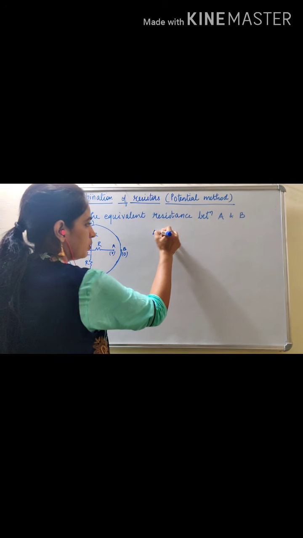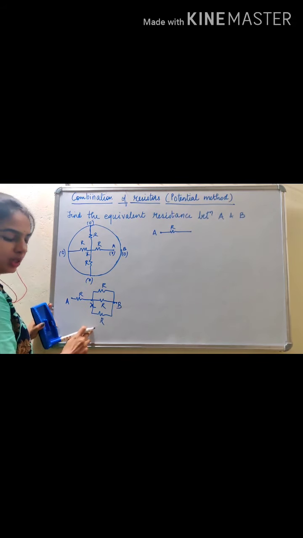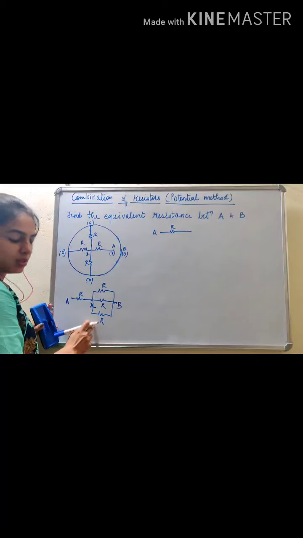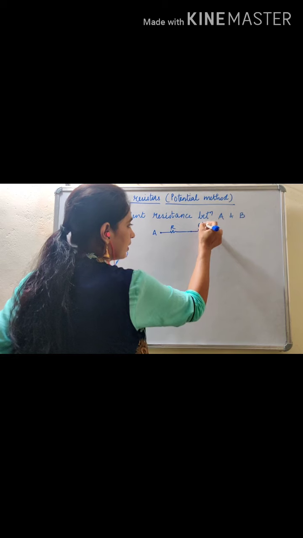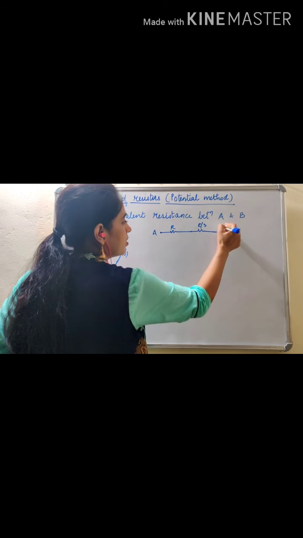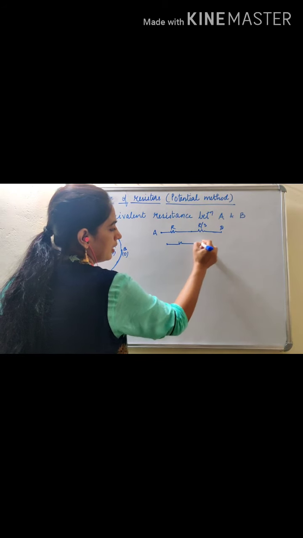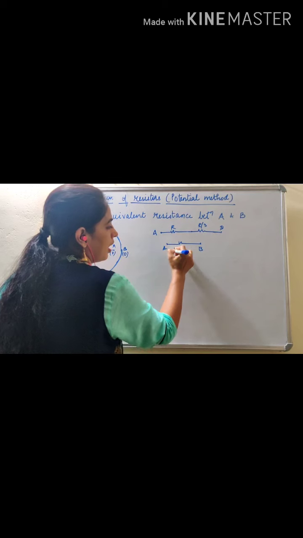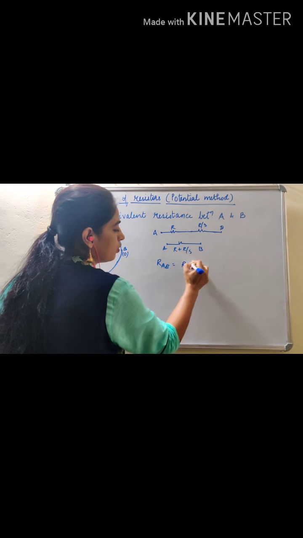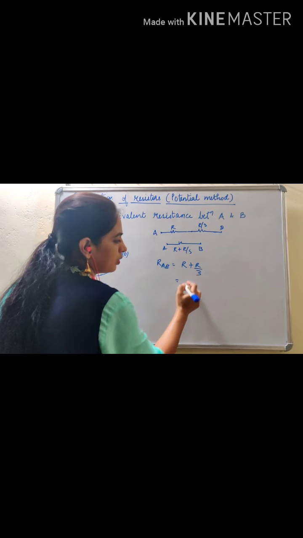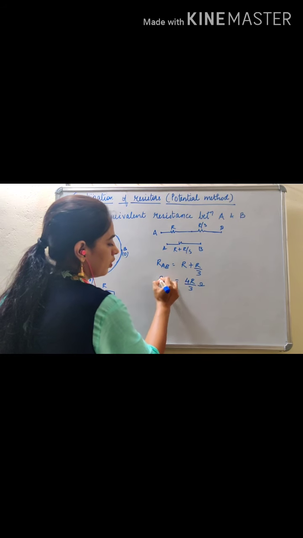So here we can draw between A, there is one resistance R. What will be the value of this parallel combination? 3 equal resistors connected in parallel. So that will be directly R by 3. Yes, very good. So R plus R by 3 now are in series. So between A and B, R between AB is equal to R plus R by 3, that is equal to (3R plus R), 4R by 3 ohms.